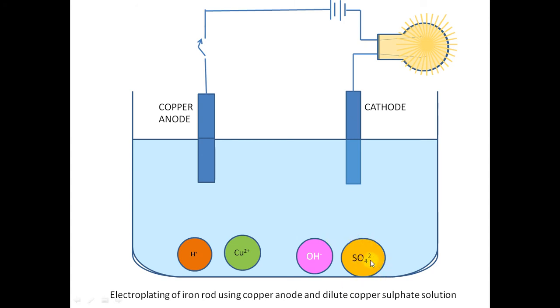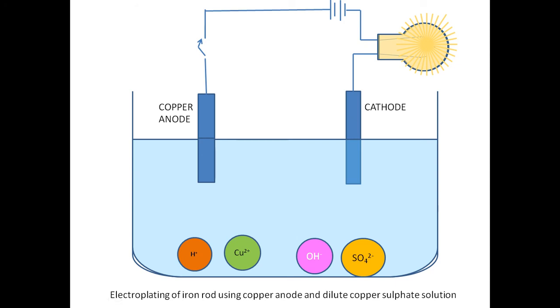Now, if we would be using electrochemical series or concentration theory, then according to the law, hydrogen should move towards cathode and hydroxides should move towards anode. But here you see that anode is of copper. Earlier the anode was of graphite, which was an inert electrode. Now the copper anode is reactive. It interferes in the reaction. Therefore, now no hydrogen ion will migrate towards cathode and no hydroxide ion will migrate towards anode.